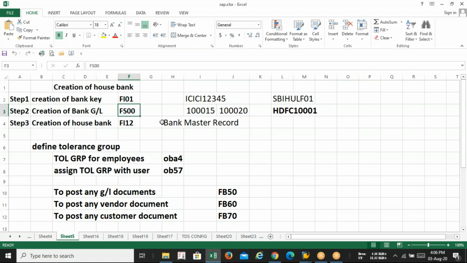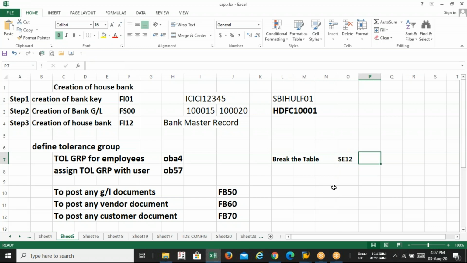Now let us start with the payment configuration. First, please give the heading: create or break the table. We have a table, T043G, something like that. We have to break that table before going into the payment run, sorry, the manual payment. The T code will be AC12. AC12 is the T code to break the table.